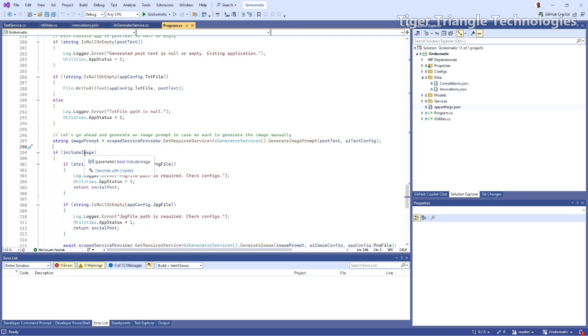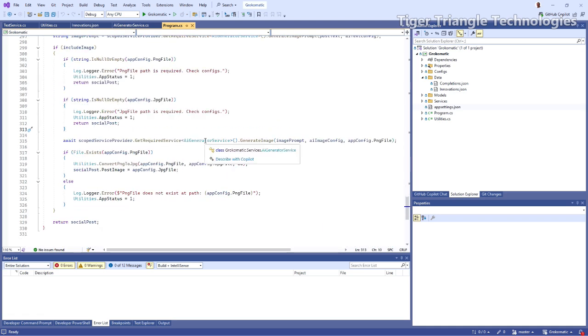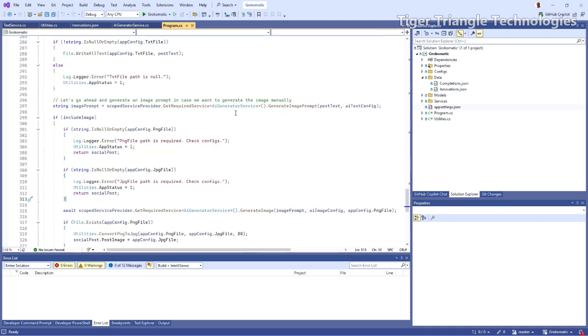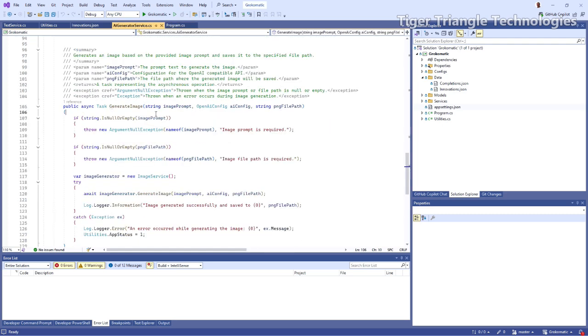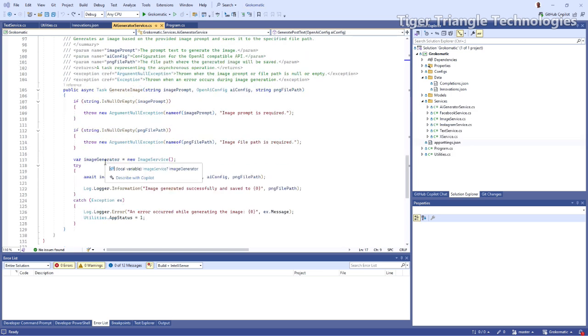If the include image is true, we're going to use the AI generator service again, but this time it's going to call into a method called generate image. Now let's go into that with F12, and here we see that it's bringing in that image prompt we just created, again passing in the configs and the path to the PNG file, which will be where the image is going to be stored. And so, hey, I just noticed we are actually creating a new image service down here